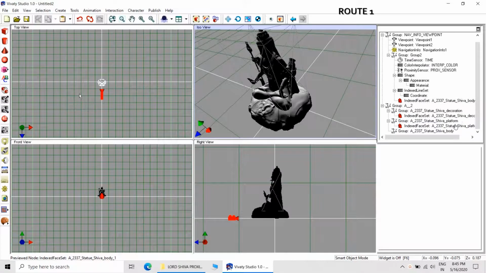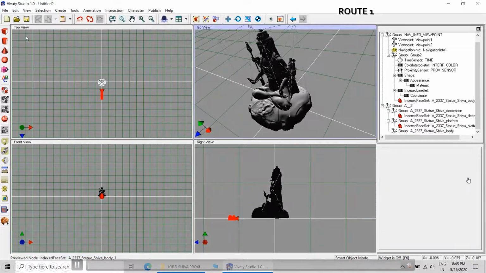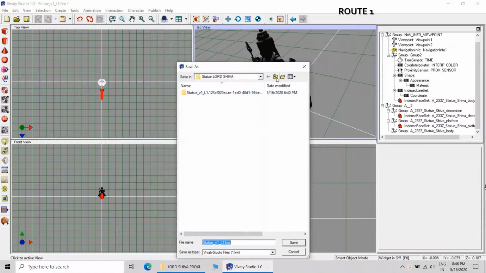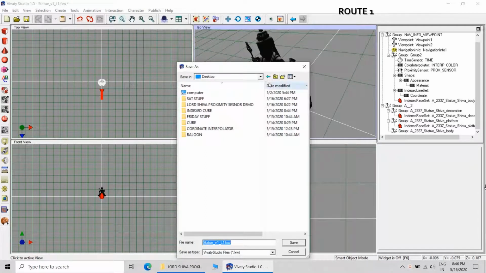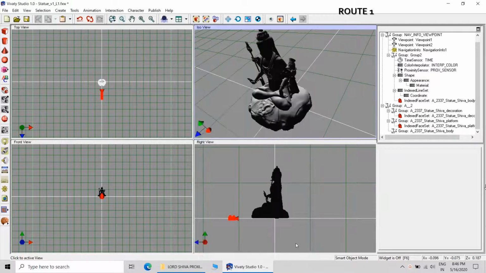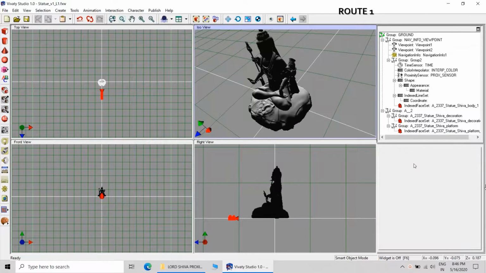We will start defining the roots one by one. First of all, you save the file, because if the Vivid Studio becomes non-responsive, then everything that you have created will get lost. So to prevent that, you save the file and then you can proceed for creation of the roots. Then the roots can be created.